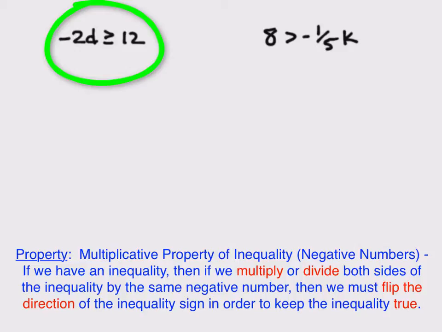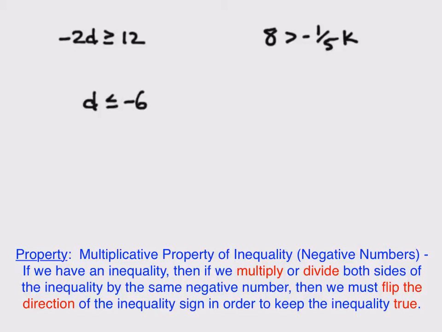If d were -7, -8, -9, etc., those would all work as well. In fact, any number less than -6 will work. So we see that the solution set to this inequality is going to be any number that is less than or equal to -6. Now, if we think about how to do this algebraically,